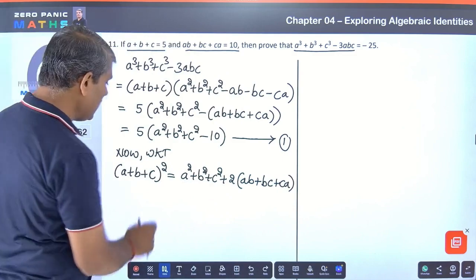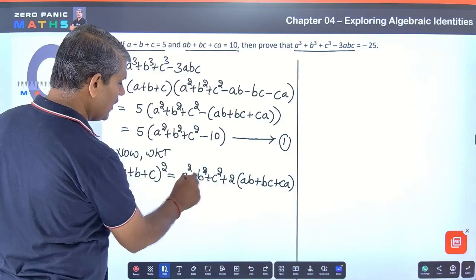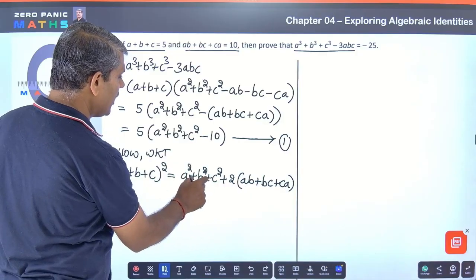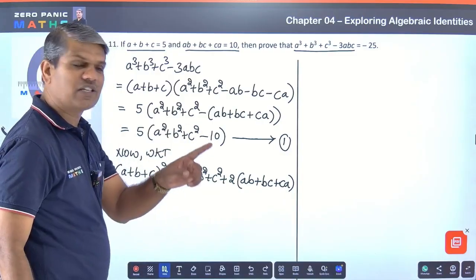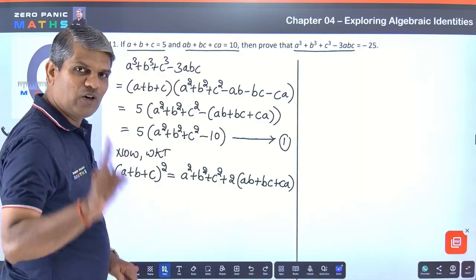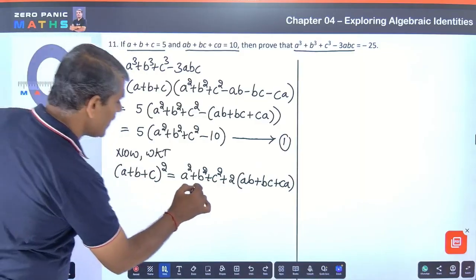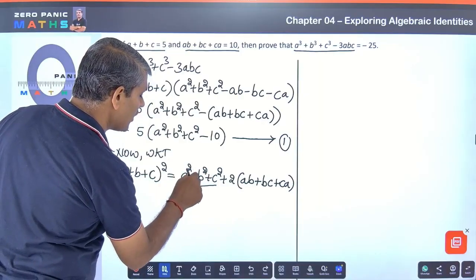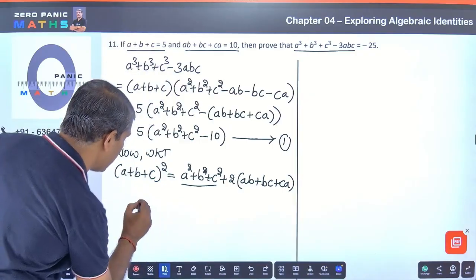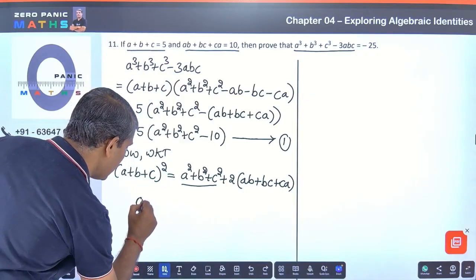So by this I can calculate the sum of squares of the variables, so that I can get the whole value of expression 1, equation 1. Okay, you getting my point? Okay, now let us just keep this value a square plus b square plus c square, write it here, a square, therefore